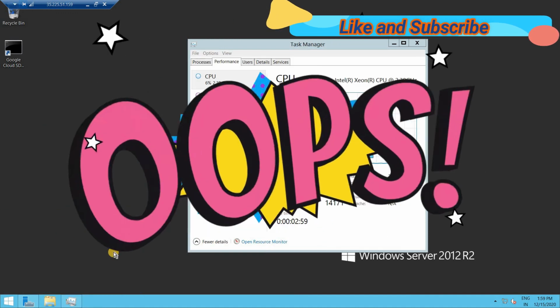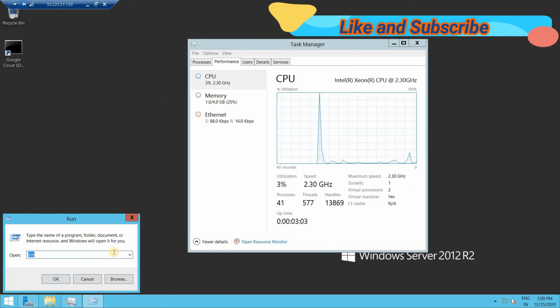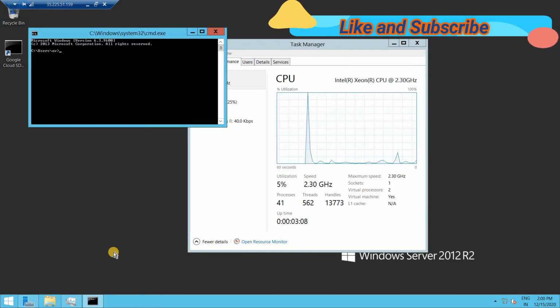Sorry, my bad, I typed CM and forgot to type D. CMD, and here again type the host name to verify that you are on the correct machine. Here you see the name, so we are on the correct machine.